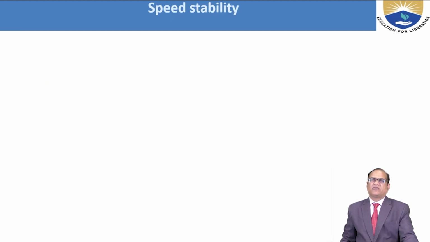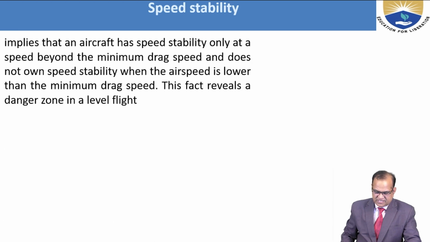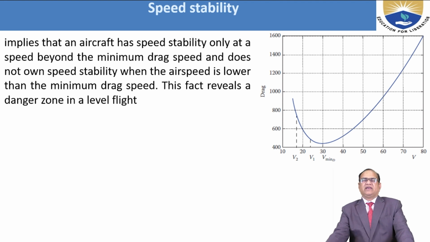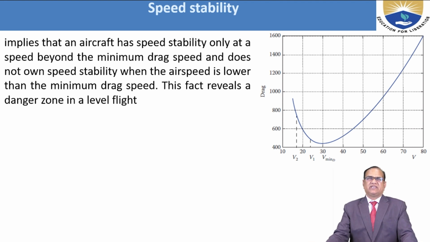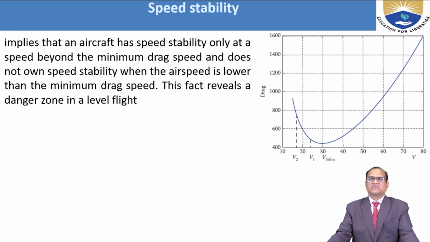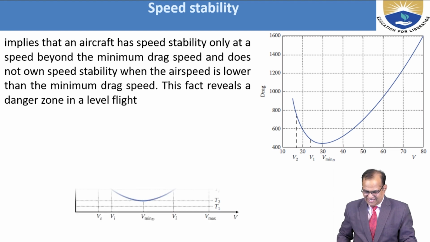Now I will discuss speed stability, and this is very important. Speed stability implies that an aircraft has speed stability only at a speed beyond the minimum drag speed, and does not own speed stability when the aircraft speed is lower than the minimum drag speed. This fact reveals a danger zone in level flight. So you can see here that